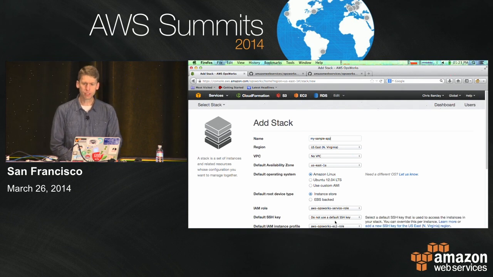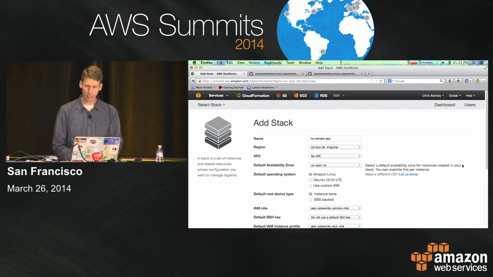And we have a couple different options you can see here. We have things like, we can select the region,